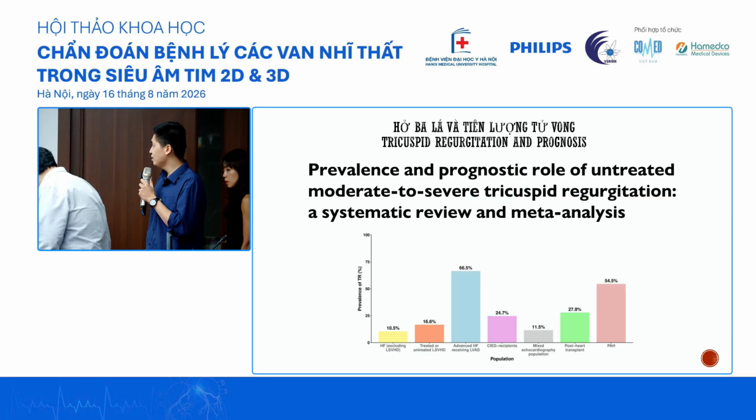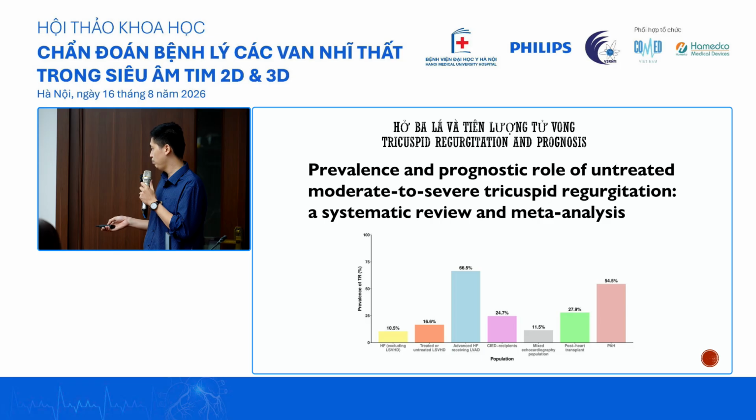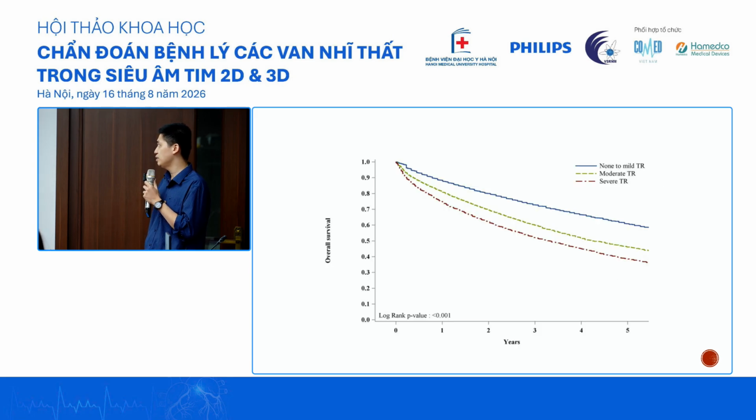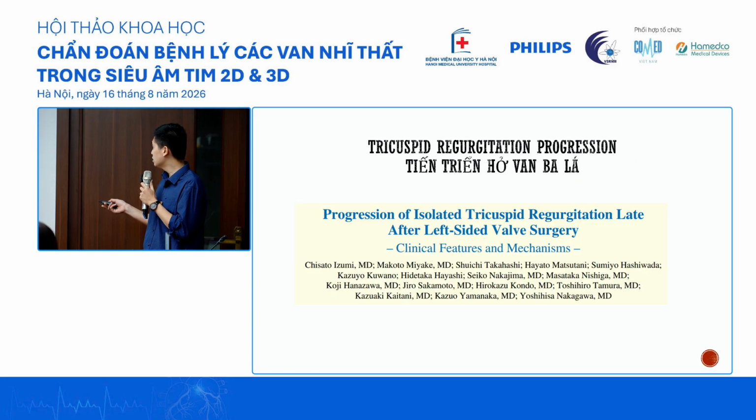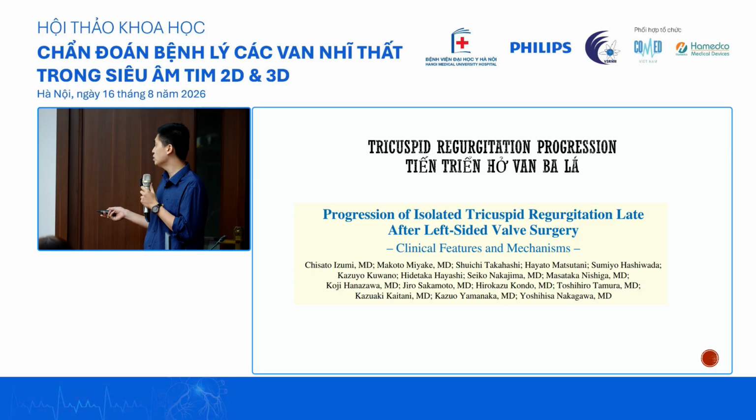A few things in my practice, I might have changed my point of view over the last couple of years. The first is tricuspid regurgitation and prognosis. A few meta-analyses have looked at tricuspid regurgitation from different left heart valve diseases, CS, be it PAH. We have different levels and percentages of TR in these patients. But the trend is that the more severe the TR gets, from moderate to severe, the worse the patient gets. So the tricuspid valve seems to have its own role in the prognosis of the patient.